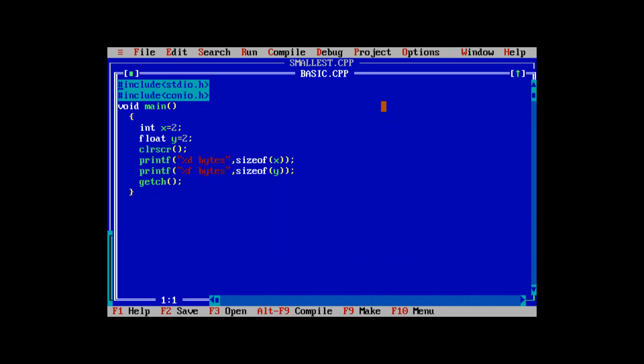This is the example. There is a void main, there are two variables declared, one of integer type, another of float type, both have a value 2, that is x has a value 2, y